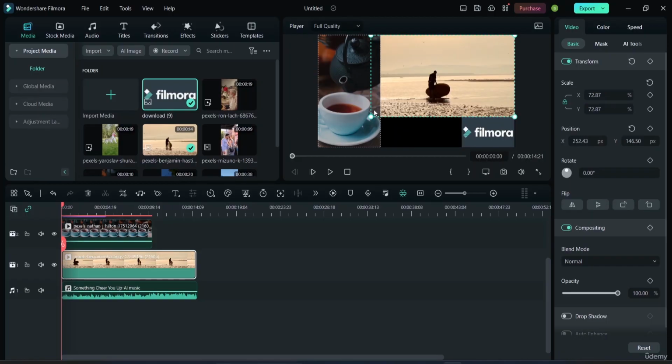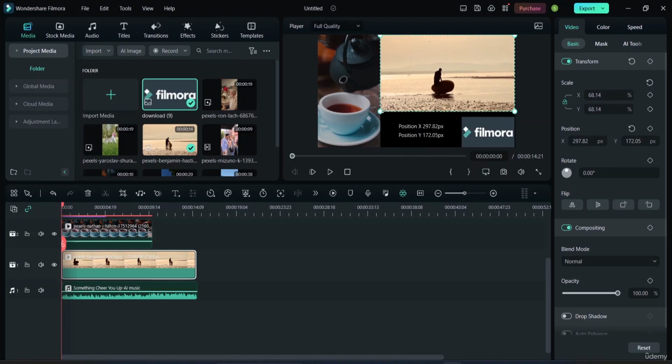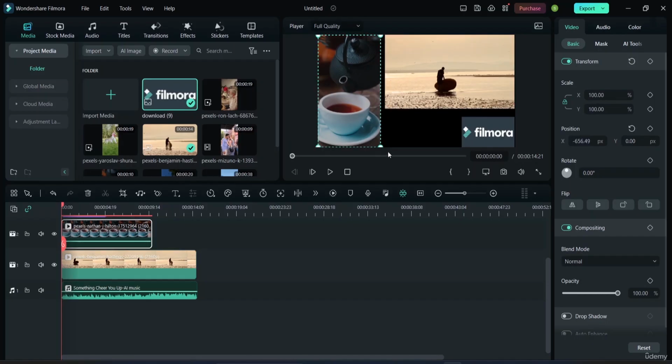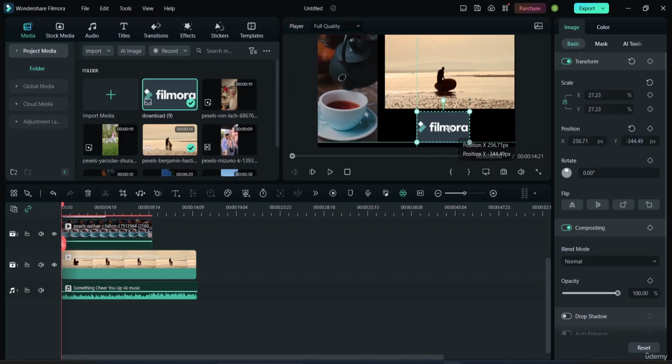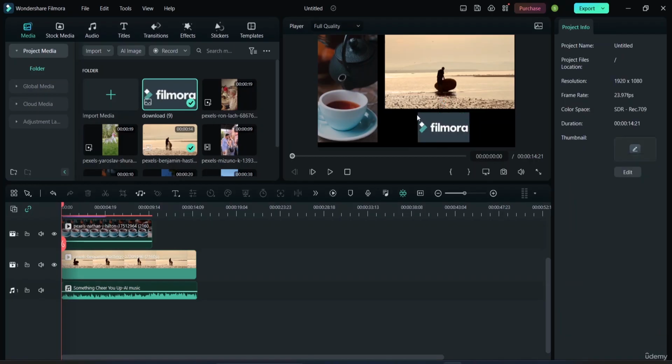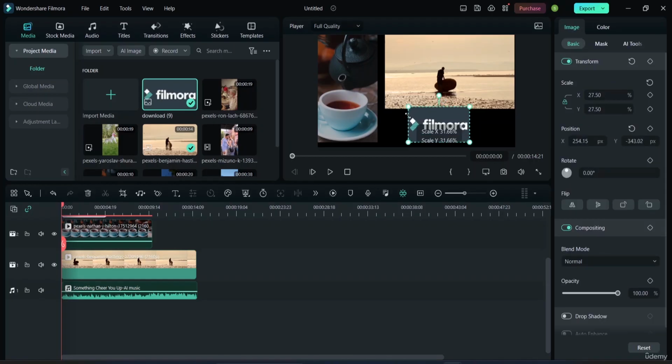Okay. Once I decrease or scale this up, you can see from here also it's decreasing. Okay. Same goes with this video. Now, if I decrease the size from here or increase, you can see a change in here. Okay. And the same goes with this frame as well. Okay. Once I choose this frame, and now you can see